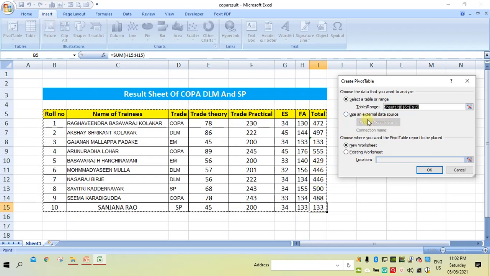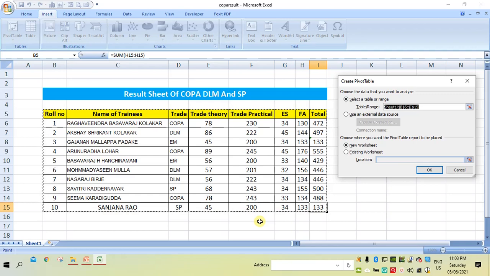Next, I have to choose where you want the pivot table: in a new worksheet or an existing worksheet. Existing means an already existing sheet where you can create it, or you can get the pivot table in a new sheet.